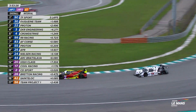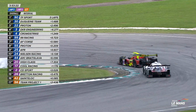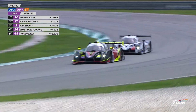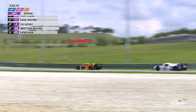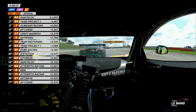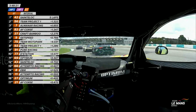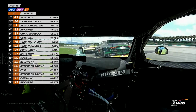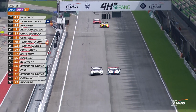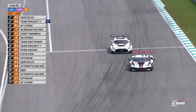As in LMP3, CD Sports and Racing Team Breton at this stage contesting 3rd place. It wouldn't stay like that through this race. Last year's champions fending off this year's debutants in the junior LMP class. On board with the Optimum Motorsport McLaren, Tomonobu Fujii ahead in the 77 Aston Martin, the gold-rank driver trying to get by the number 91 Pure Racing car. Kai Cozzolino was now on terms with Martin Conrad